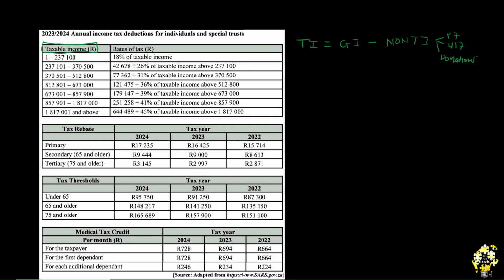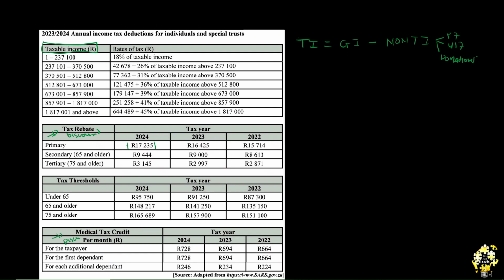Now you have, remember, discount. You also have this: discount again. Medical tax credit discount, tax rebate discount. This is what I was talking about. You see, a primary person is a person who is 64 years old and below. So if you are 64 years old and below, in 2024, you qualified for